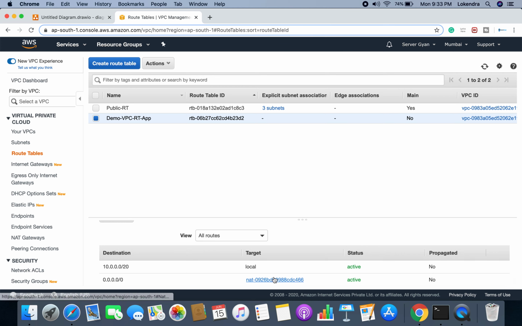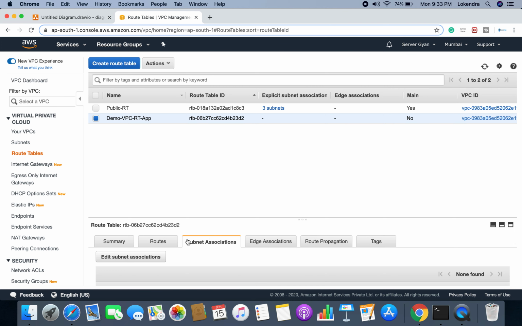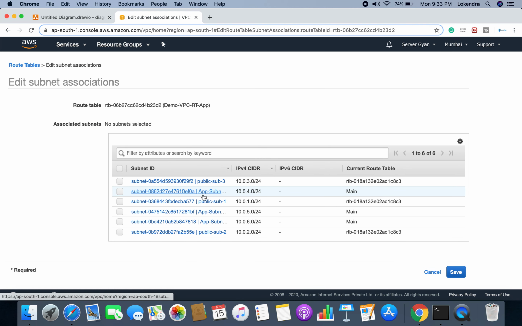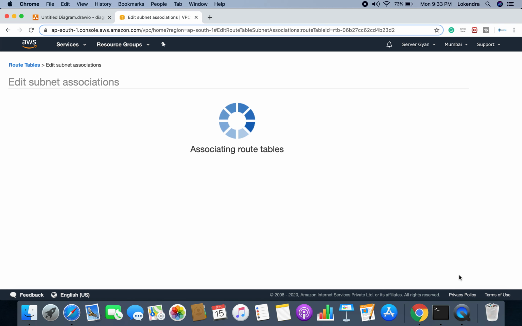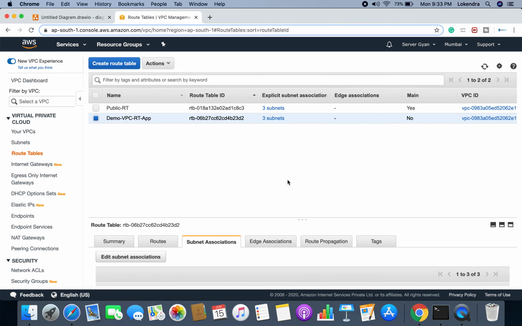So we have two NAT gateways associated here. Now we will configure the particular subnets, because as you see, if we do not associate them with a specific route table, they are going to use the main route table, and the main route table is configured with the internet gateway. Fine. So we will have to explicitly associate these three subnets, 4.0, 5.0 and 6.0, with this particular route table, which is our application route table. Fine. So 3 subnets are here and 3 subnets are here.